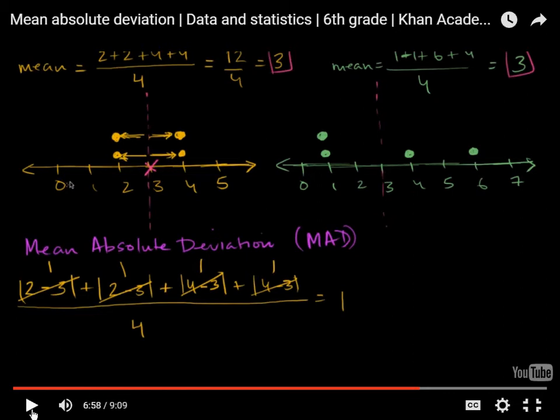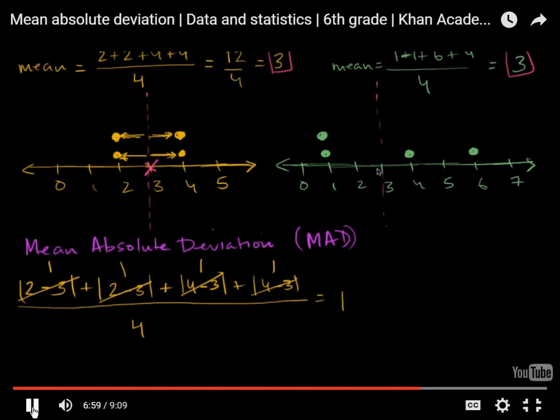If I'm looking at a measure of central tendency, what would I want my MAD to be? Would I want it to be really large, or would I want it to be really small? Small. Because the closer it is to 0, the closer all the numbers are to the mean. They'll be less spread out. It'll give me a better idea where that mean actually fell in my data set. Everybody good? We're good to this point.